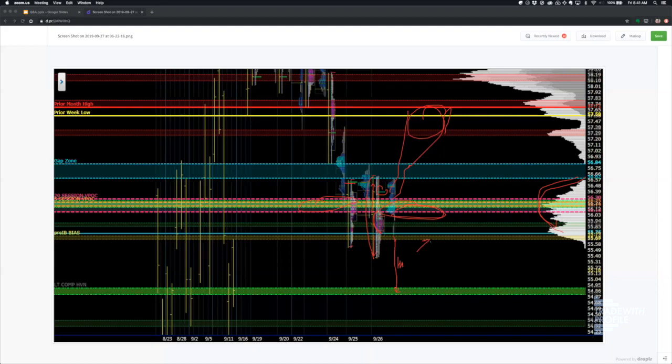This line right here, this yellow line, is what I call a pre-IB bias. So every day, as part of a plan, you come in and you have a general expectation of where the auction is going to go, and then a line in the sand that says, okay, if I touch that level before the first hour's trade is over, I need to pay attention because my bias might be off. And that level was here, 55.68.